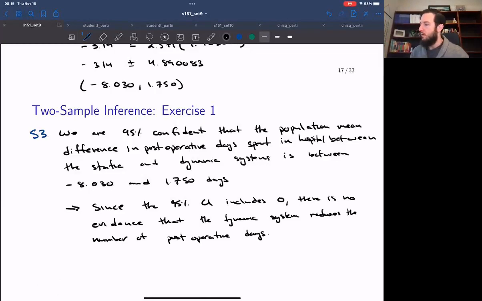Okay. So since the confidence interval includes 0, it means that the possible difference between the post-operative days